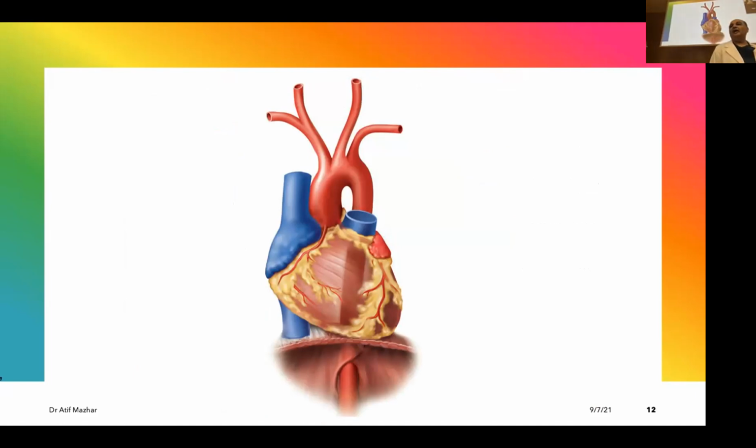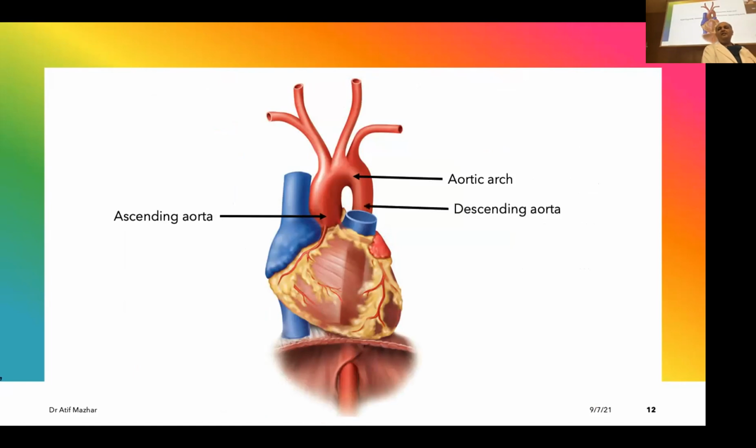coming from my arch of aorta. So you can see that there are three main branches which have been shown. And as I told you, there is an ascending part of the aorta, arch, and there is a descending part. And then from the right side, I have one common artery, that is my brachiocephalic trunk. But on the left side, the pattern is different. There are two direct branches, and my brachiocephalic trunk further bifurcates.